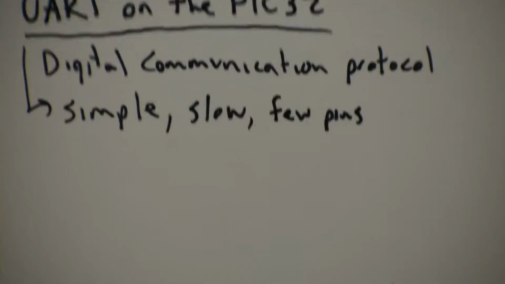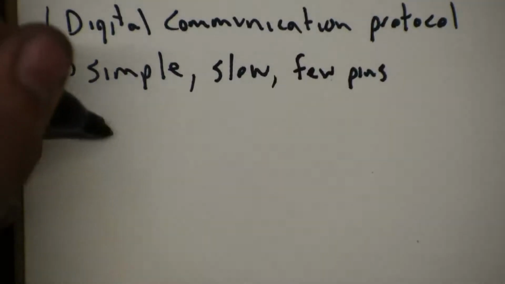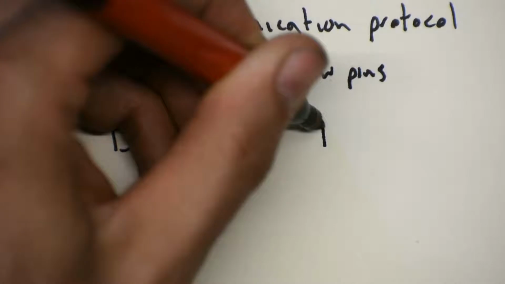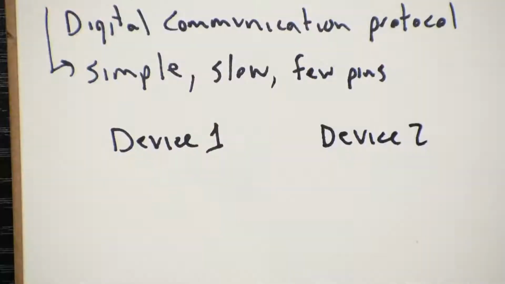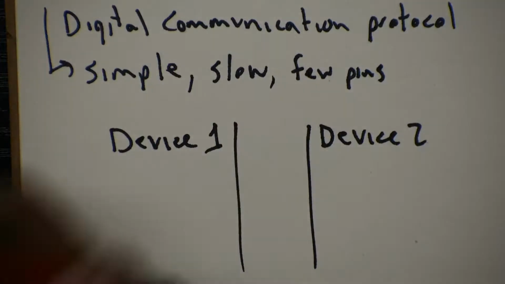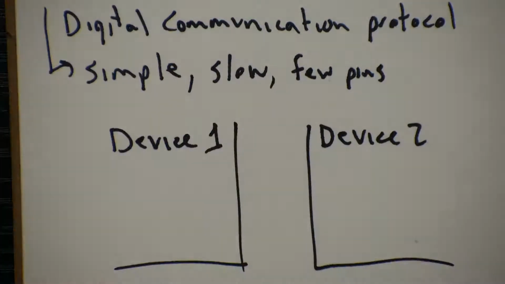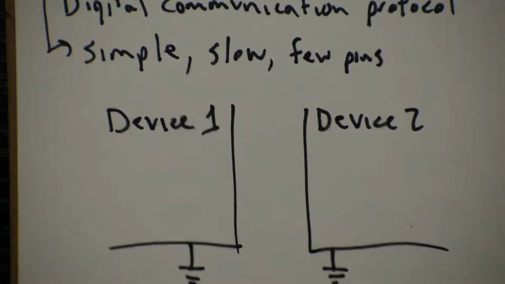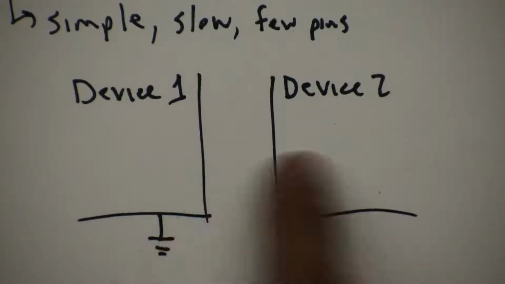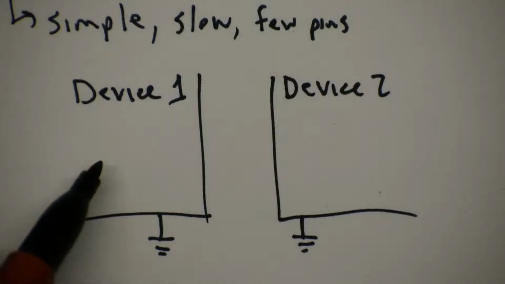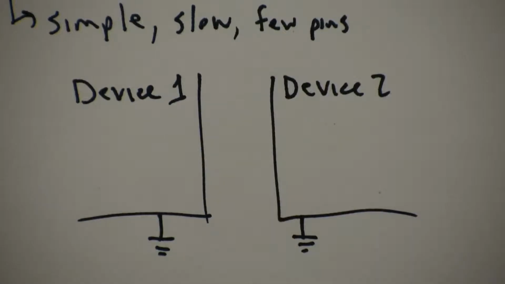So let's draw a picture of what this looks like. We have two devices, device 1 and device 2. And they want to talk to each other. So in this version of communication, they will have to have common ground. So they'll both be attached to the same ground. That way the voltage signals that they pass back and forth are relative to each other. They don't necessarily have to have the same power source, though. So one could be powered by the wall, and the other could be powered by battery, but they do need